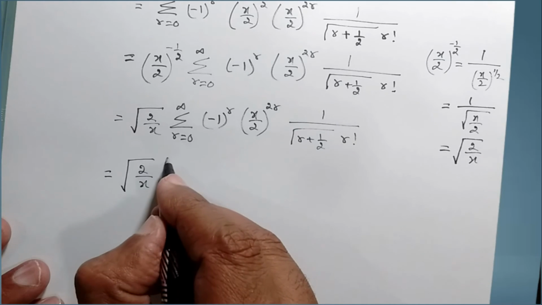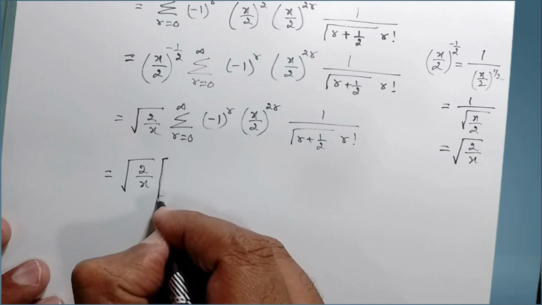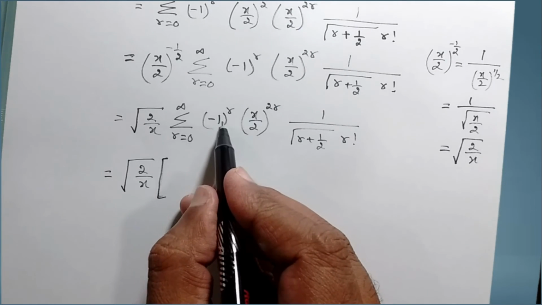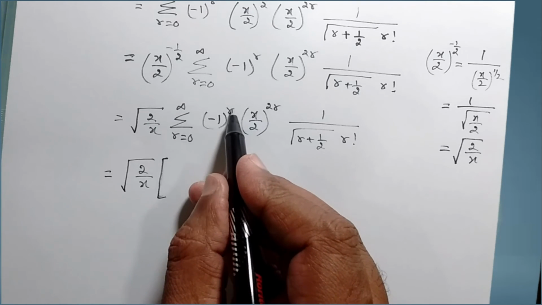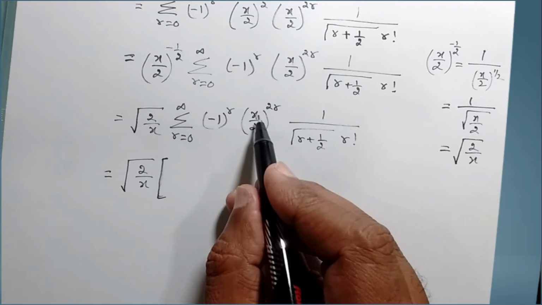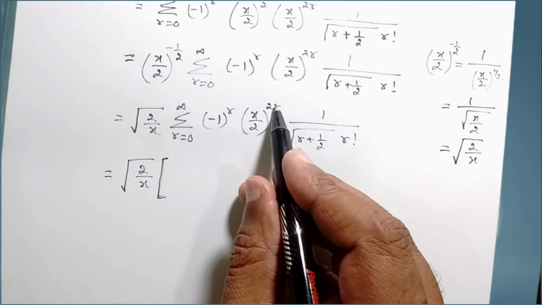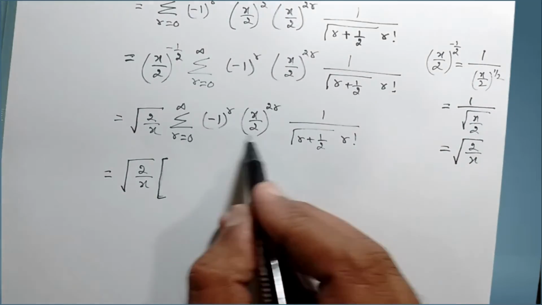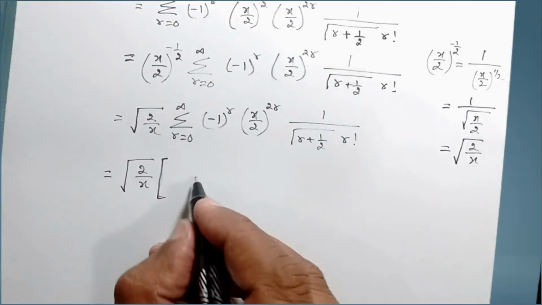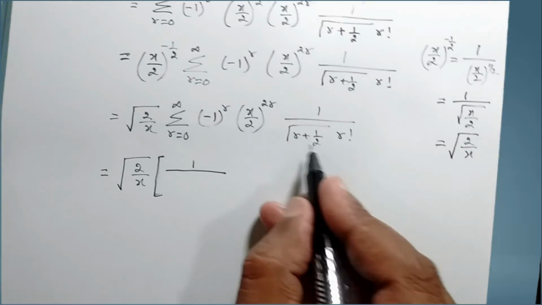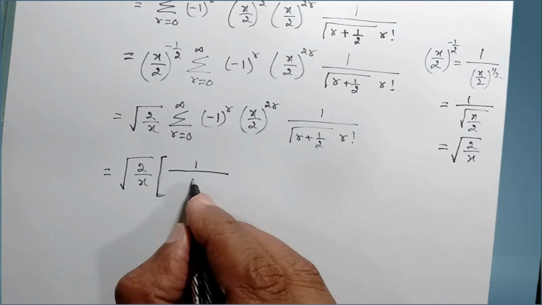Now let us try to expand this one. Taking r as 0. So if you put r as 0 here, minus 1 power of 0 will become 1. Again x by 2 to the power of 0 will also become 1. So you will be left out only with this term. 1 by gamma of r plus half is 0 plus half, which is just half.